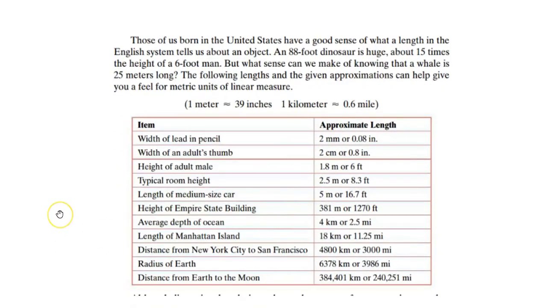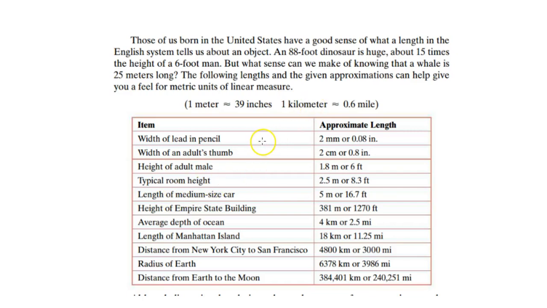Those of us born in the U.S. have a good sense of what length in the English system tells us about an object. An 88-foot dinosaur is huge, about 15 times the height of a 6-foot man. But what sense can we make of knowing a whale is 25 meters long? So here's some